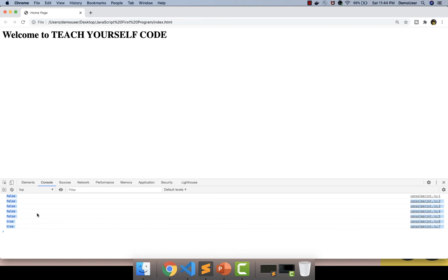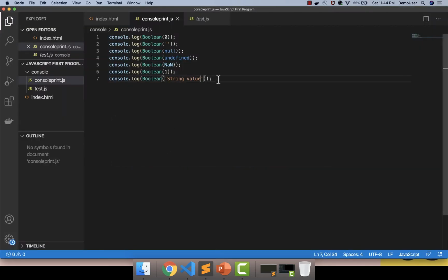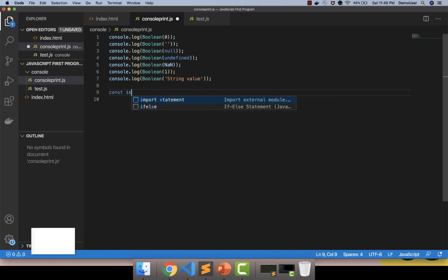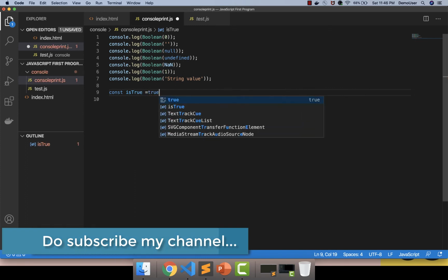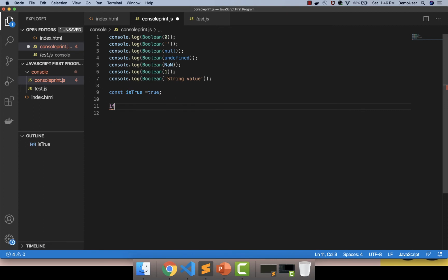So these are all called falsy and truthy values. So pretty much easy over here. So how do we exactly use it? Now we'll try to write an if condition. Let's say there is a constant value, and I will give it as true over here, and I will write if it is true, and I will give a console log, I will say this is a true value, for example.